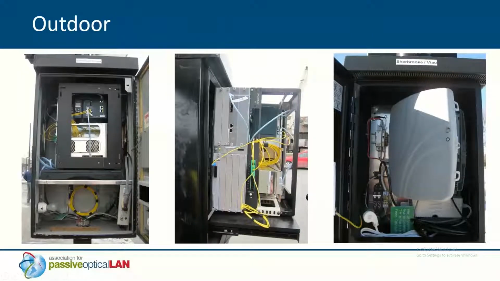Outdoor enclosures are old school in the carrier world. They run OLT chassis in pedestals all the time, but that doesn't mean they don't make sense for some enterprise installs as well. Many OLTs are carrier class products, so they can be mounted outdoors in a sealed off enclosure, as you see with 3 different types here. The 2 on the left are actual OLT chassis, and the 1 on the right is an ONT. But in either case, outdoor enclosures are used all of the time.